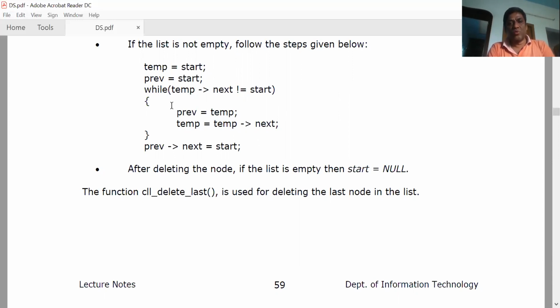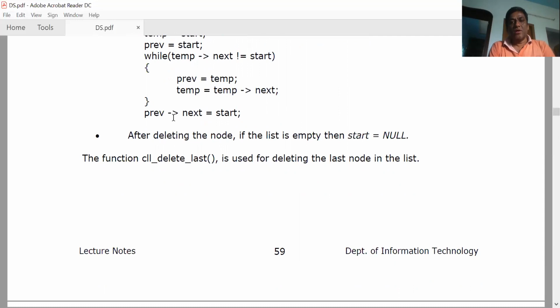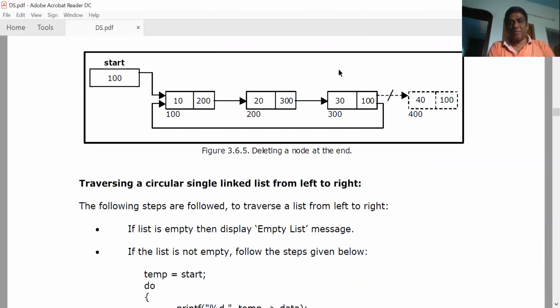So use this loop so that previous points to the last but one node and temp points to the last node of the circular linked list. Previous points to the last but one node, temp points to the last node of the list.